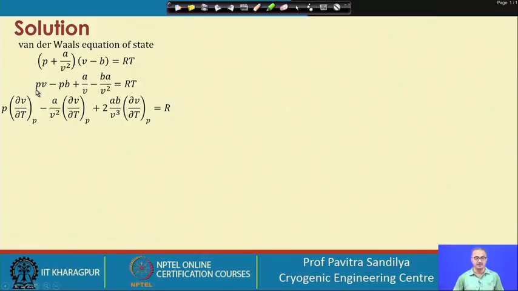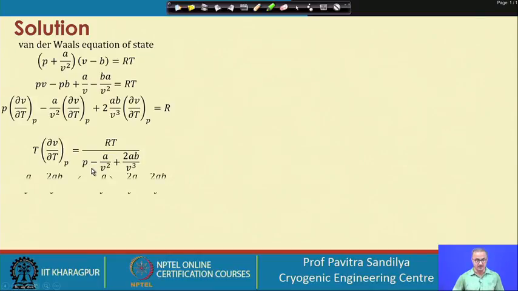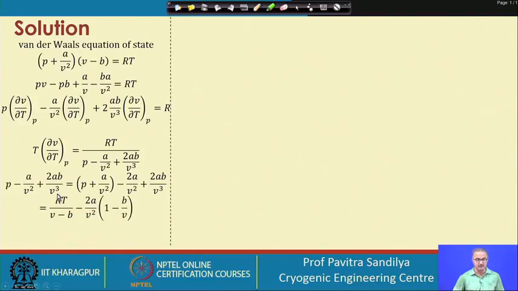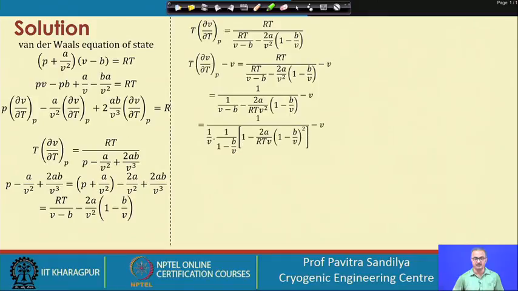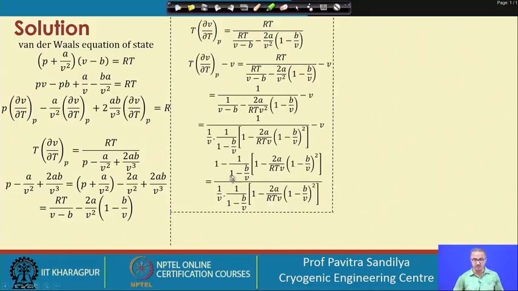So, we take the derivative with respect to temperature at constant pressure. We get this particular expression, and then we derive this. Now, after this we are just rearranging the equations. This denominator has been taken here and we are rearranging it here, and if you do these rearrangements, you will slowly get all these expressions, and ultimately you will get this